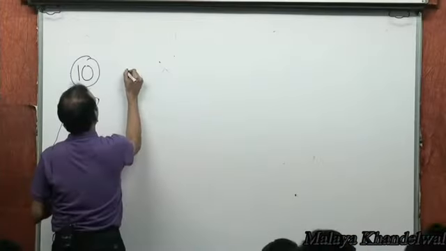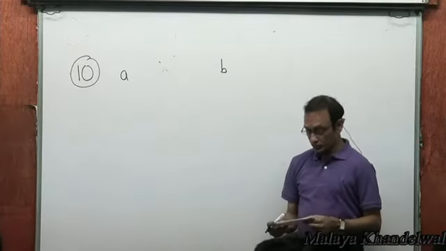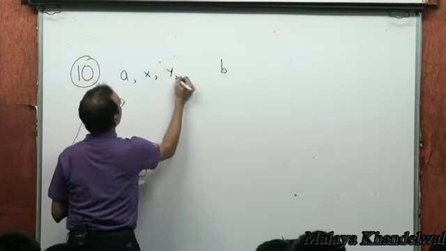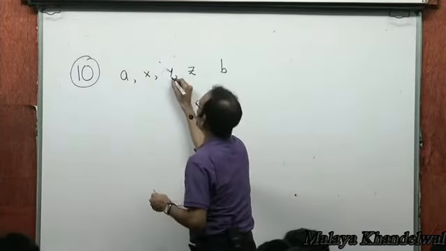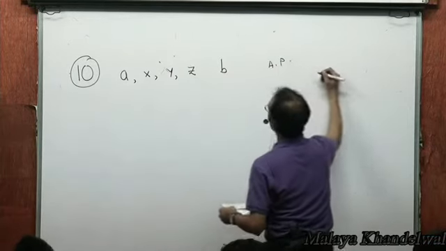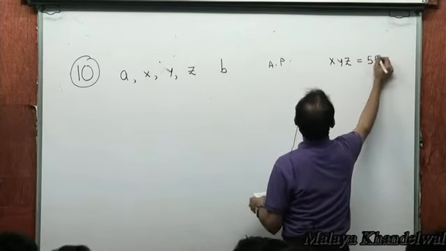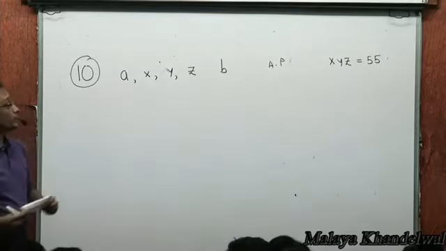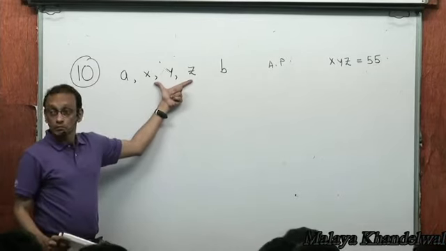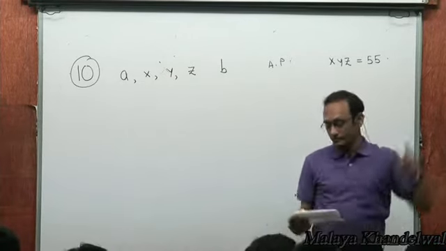Now, if A and B are two fixed numbers, and I plug in three numbers between A and B, X, Y, Z, such that A, X, Y, Z and B are in AP, then what turns out is that XYZ is 55. That's given. If between two numbers A and B, I insert three arithmetic means, then the product of those three means is given to be 55, right?